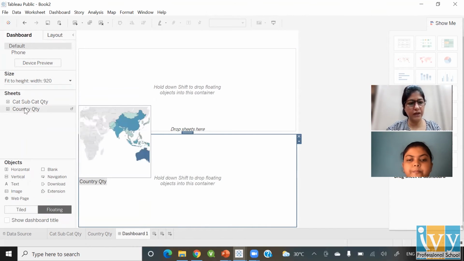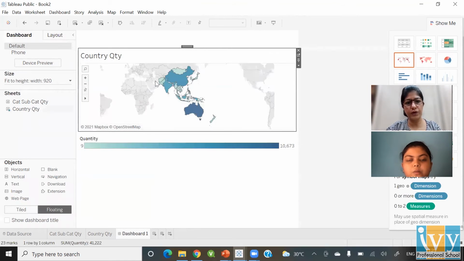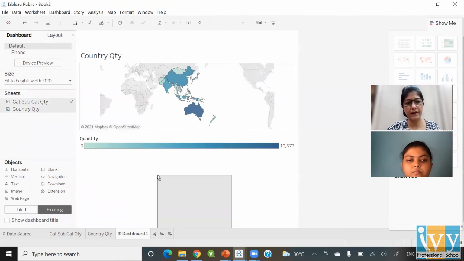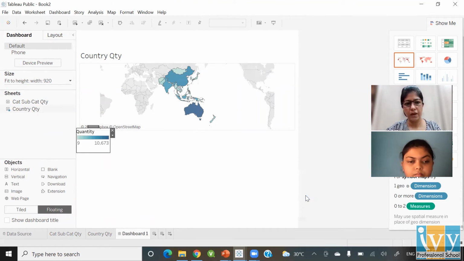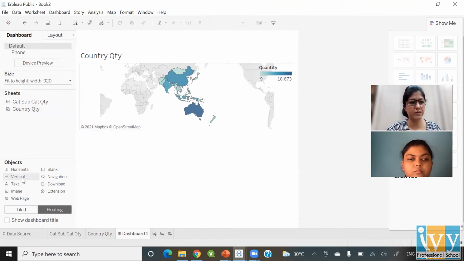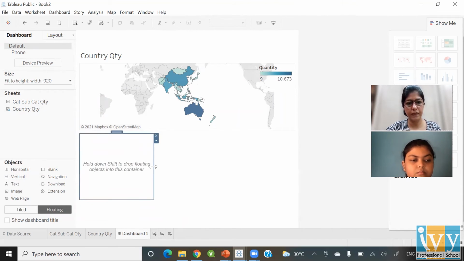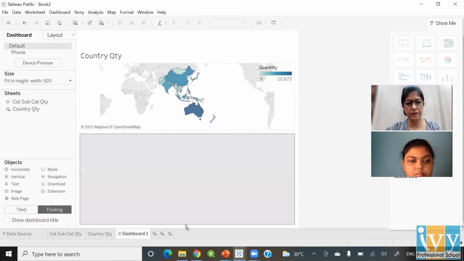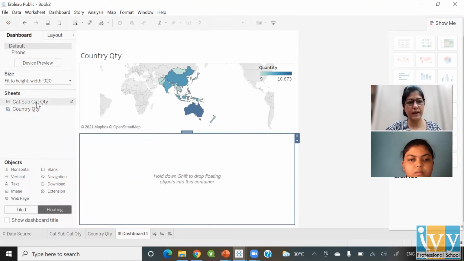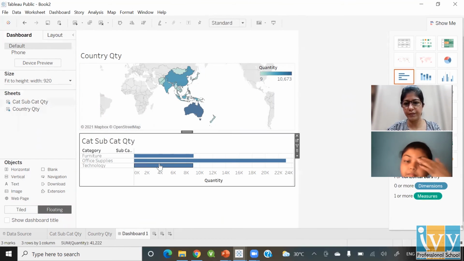I'm going to put the country quantity over here. I'm going to put subcategory over here. It went away. One second. Let's make this floating also, and let's push it inside the map so that we are able to understand whose legend this is. I'm going to drop another container over here, and now let's drop our category, subcategory, quantity.